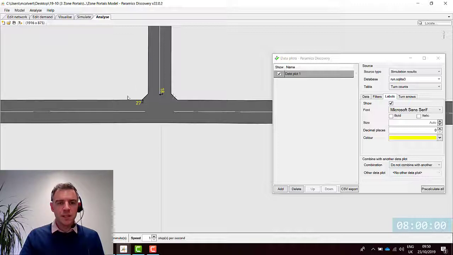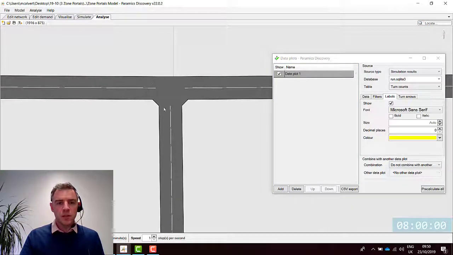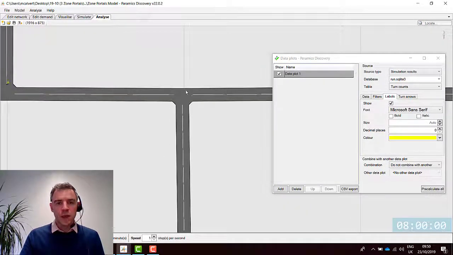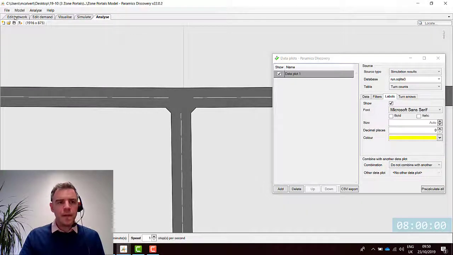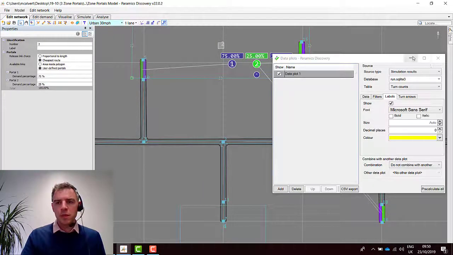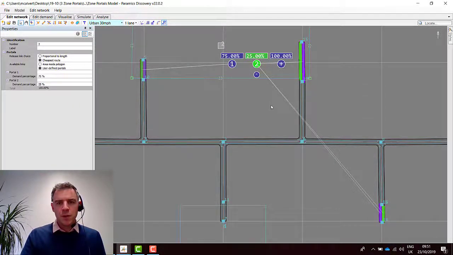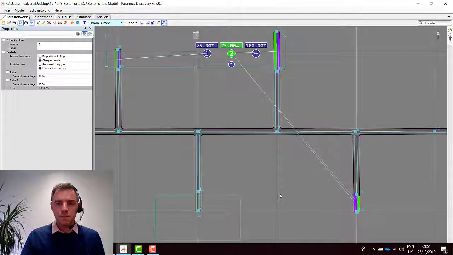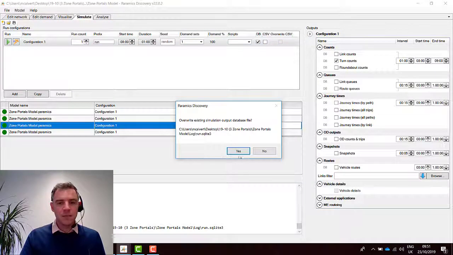So what I'm seeing here is that I've still got traffic going in this location, but if I come down to this junction, and remember we applied the new portals down here, or zone portal 2 down here, I've got no traffic. And that's because we've got the cheapest route option selected here. So even though my zone portal 2 stretches down here, it's cheaper to get to zone 2 from zone 1 by coming along and turning left than it is by turning right in here. Now if I go back to proportional to length and save that and simulate again,